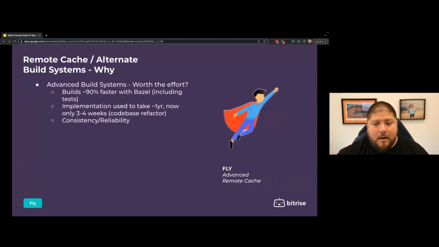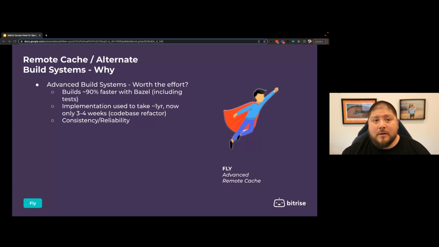So as we get into this a little bit further, why would somebody want to do it? Usually I'm seeing 90, 95% plus faster build times. So this is taking your 60-minute build time and getting it into like the 5-minute range. Now, that includes tests, because an advantage of these build systems, as long as we're setting it up right,